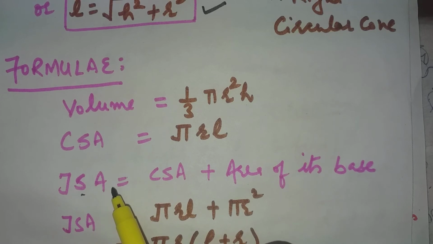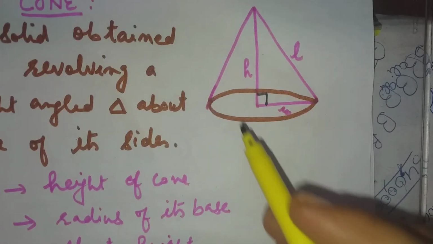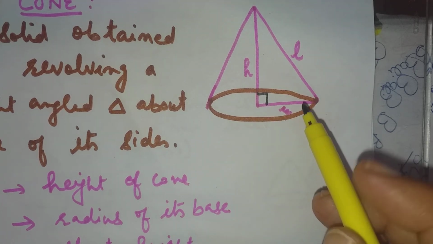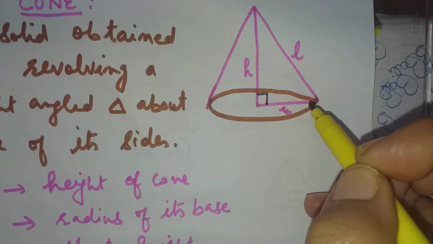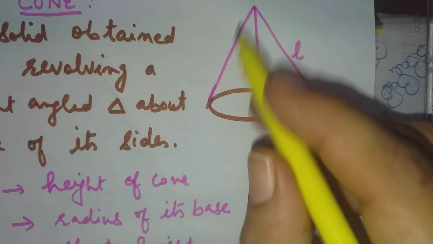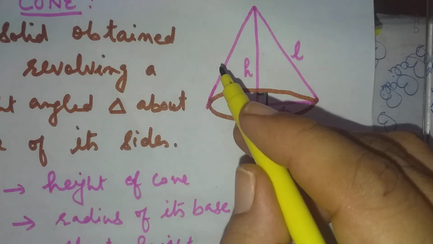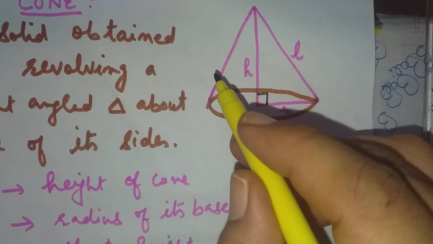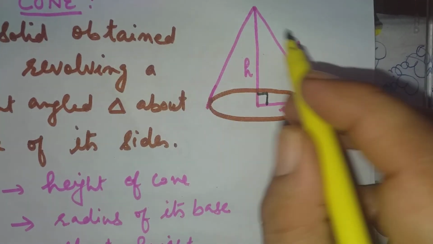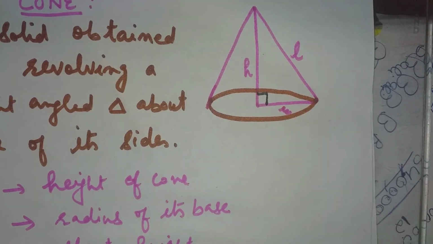Then the total surface area of cone. Total surface area of cone means we will have the curved part plus the area of the circular base. It looks like straight lines here, but it is not. Just try to imagine the joker's cap, the conical cap, how it looks. We cannot show the 3D picture here, so imagine an ice cream cone or a joker's cap. You will easily see that this portion will always be the curved one. That is why this portion's area is known as curved surface area, and the area of the circular base, which is a circle, will be pi r square.